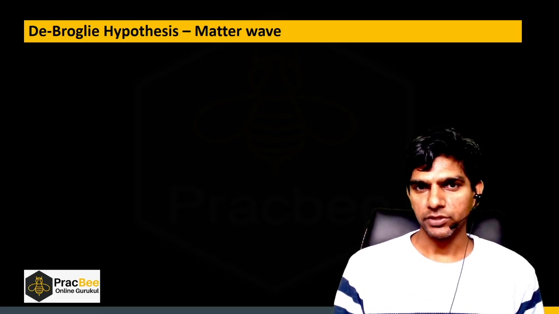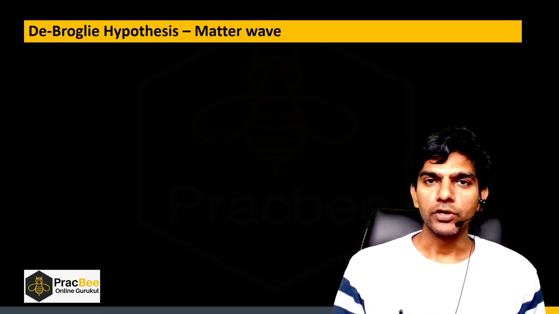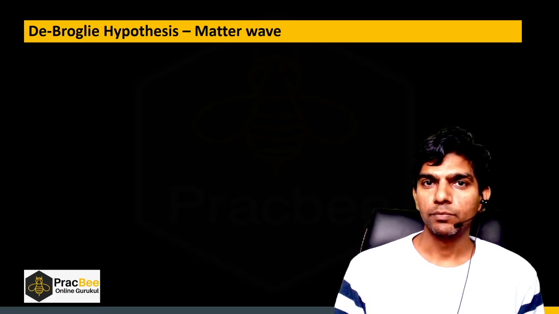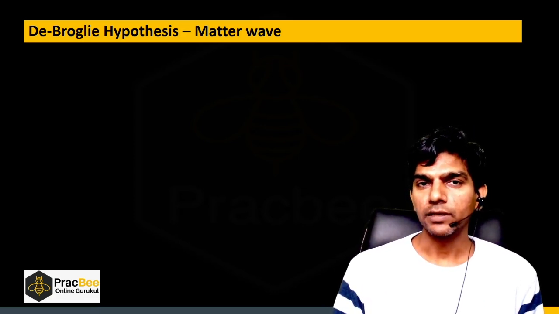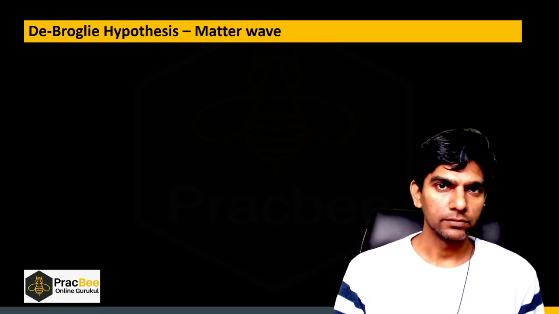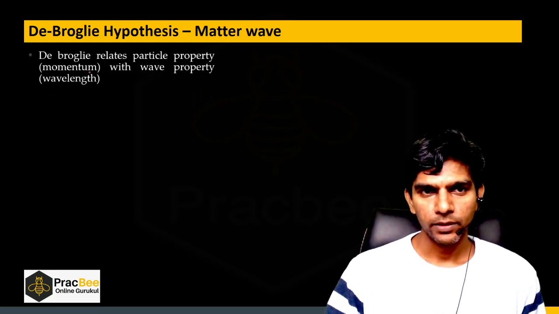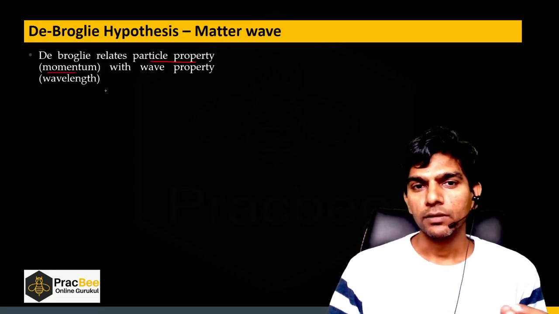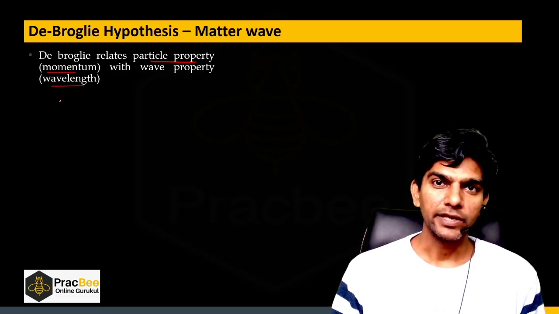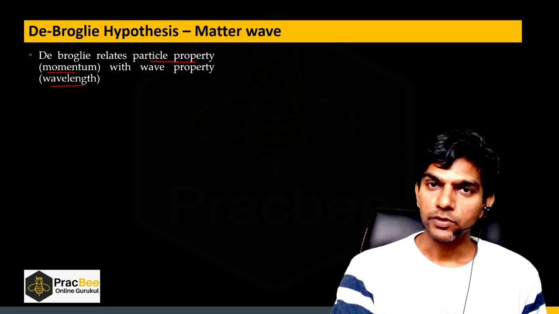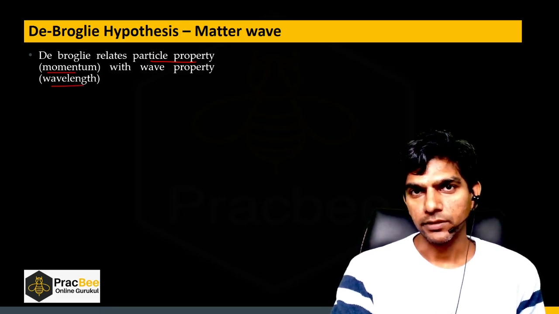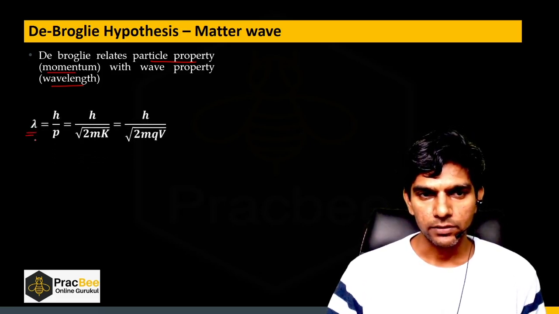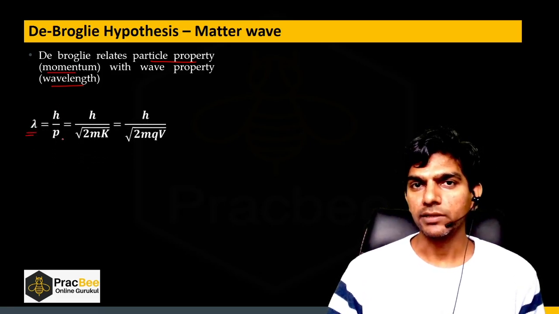Now let us see this concept. The de Broglie hypothesis. According to de Broglie, if a wave or light has a particle nature, then we can assign wave nature to a particle. So according to him, the particle property, which is momentum, can be related to the wave property, that is wavelength. So he has given a formula with which we can find the wavelength associated with a particle. The de Broglie wavelength will be given by h by p,